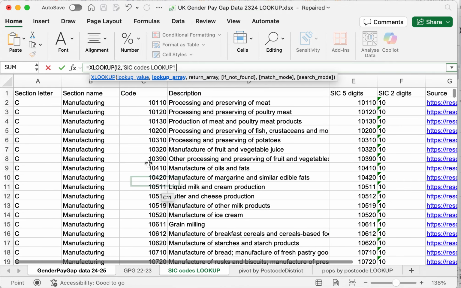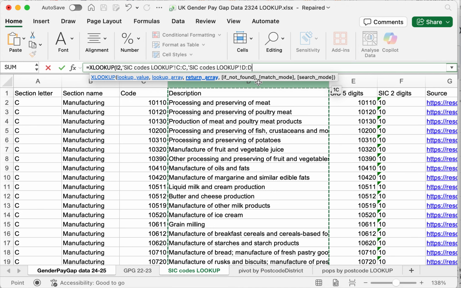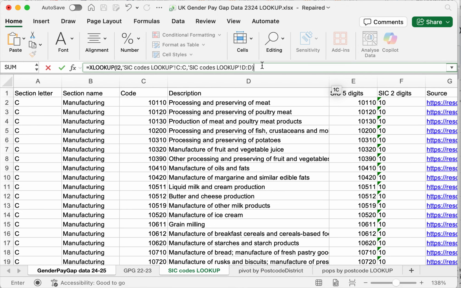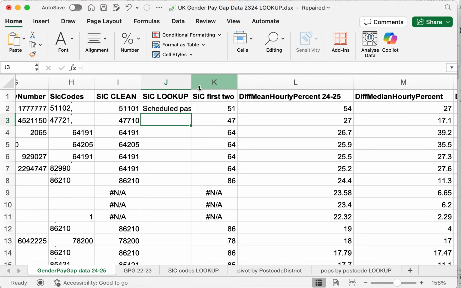Now I'm going to go to my table of all the codes and what they mean. The first thing I select is the column containing the codes themselves, the thing that I'm looking for. So I'm looking for the codes in this column. Then I press another comma, and then what I want to bring back, which is this description column here, column D. Close the brackets, and now